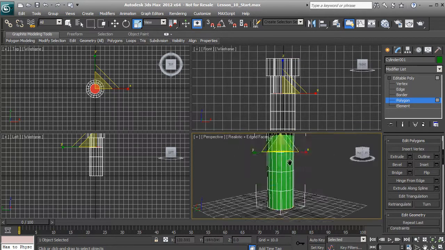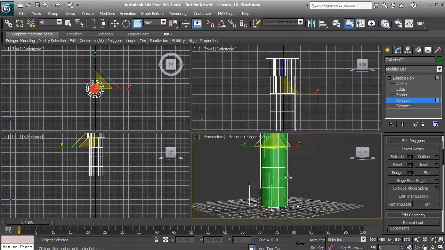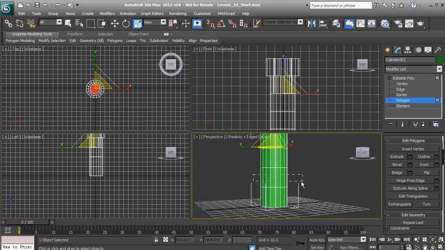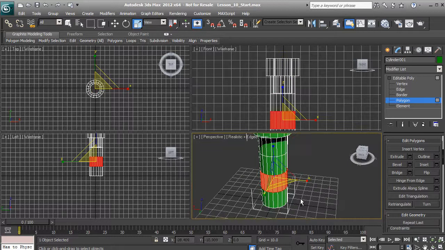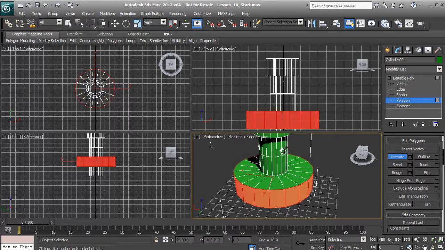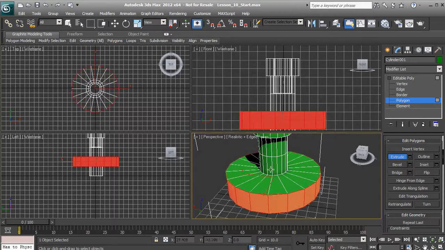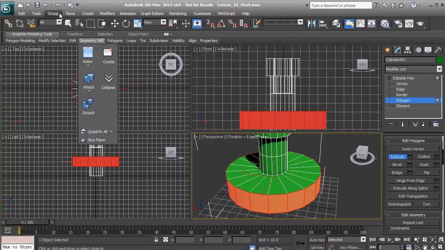Now there are other ways that we could extrude geometry. So let me go ahead and select these polygons here, and let's actually just use extrude. So let's highlight extrude here, or activate extrude, and this will allow me to click and drag on selected polygons and extrude that way. Now because we've been extruding with our local normal, it's going to go ahead and extrude with local normal. So let me actually hit undo one time,